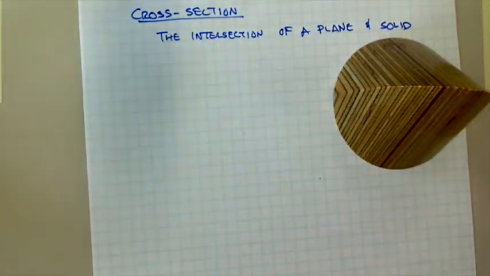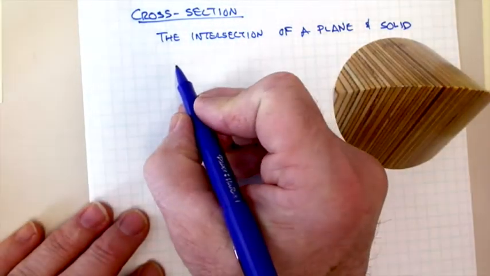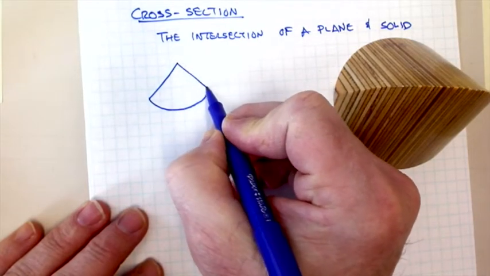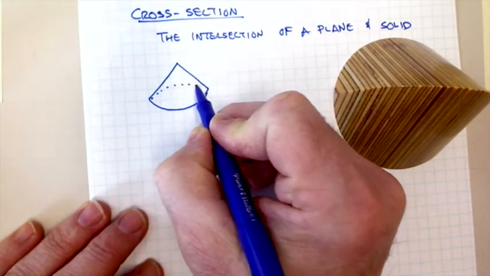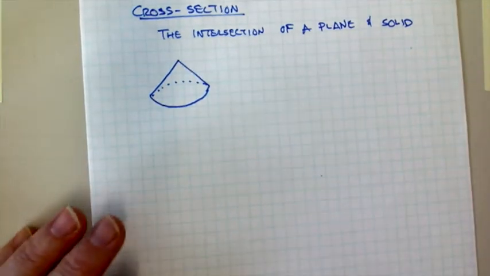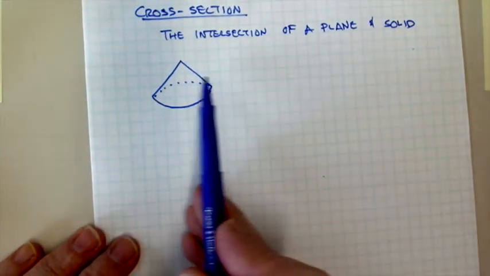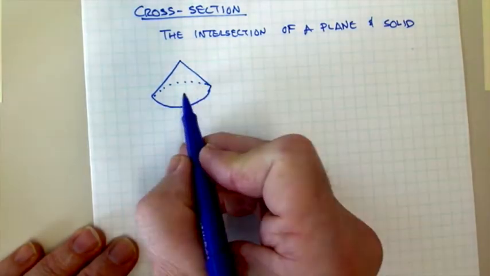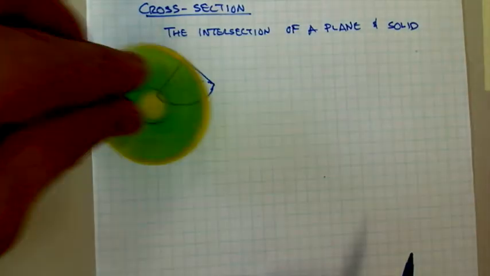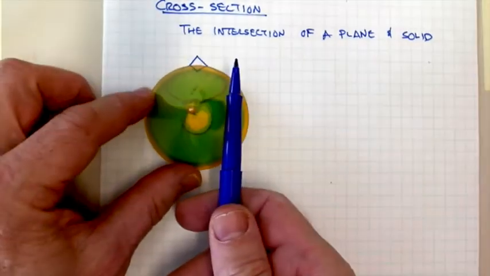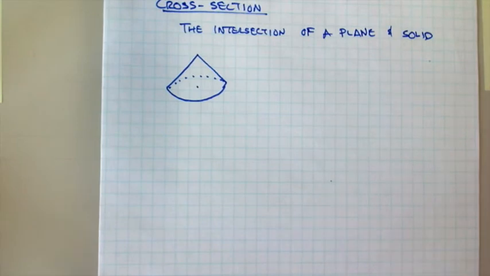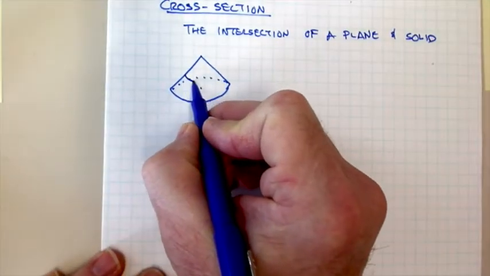So I want to draw a couple quick examples for you. If I had a cone, say I have a cone that looks like this. I'm drawing this in three dimensions. And then I came through this cone and I sliced it right through here, parallel to this base here. Okay? Had this cone and I sliced it right through here. The result is going to be a cross section